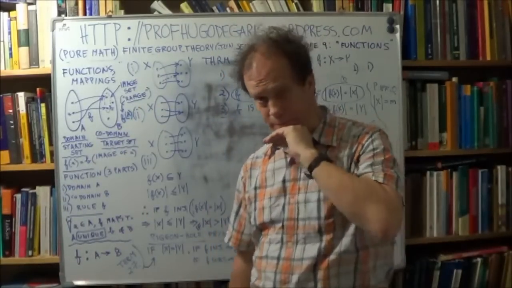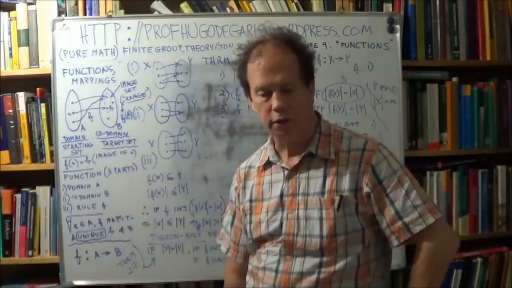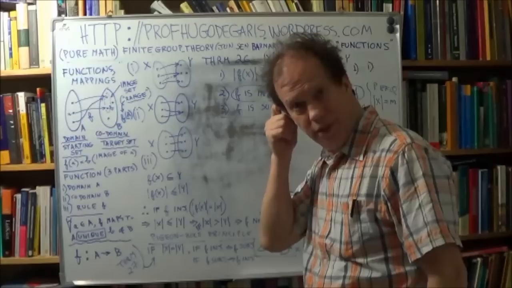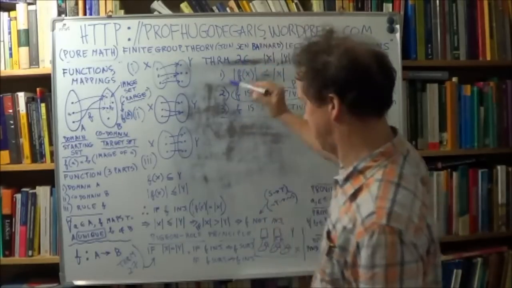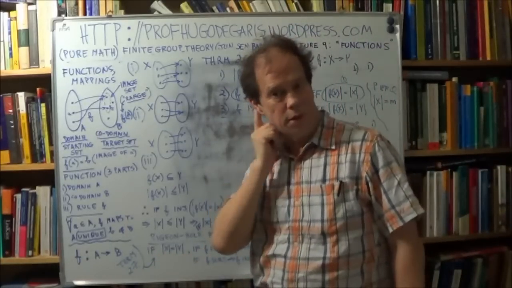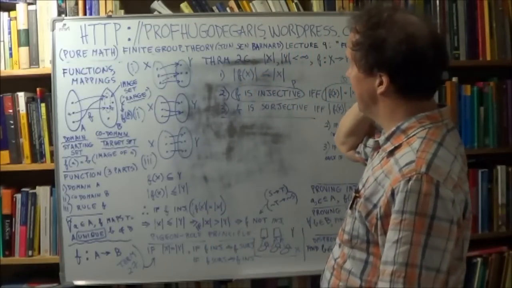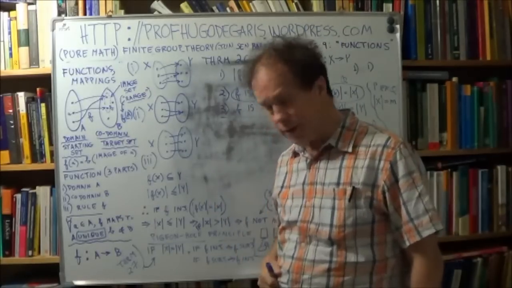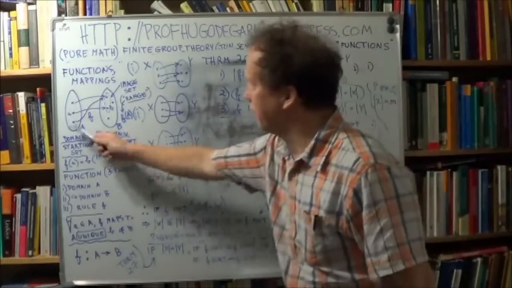Now that you've got some experience of dealing with injective, surjective, bijective functions, these next two theorems that I want to discuss from the text, theorems 26 and 27, will make a lot more sense to you because you've got that experience. Alright, so these two theorems deal with the case when your two sets, now here A and B, domain, codomain,